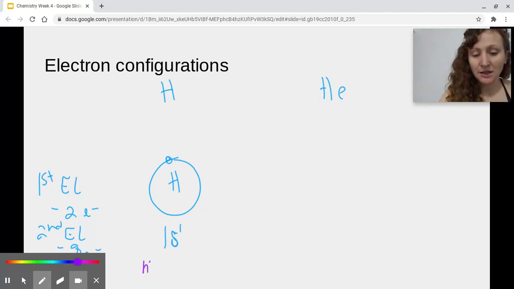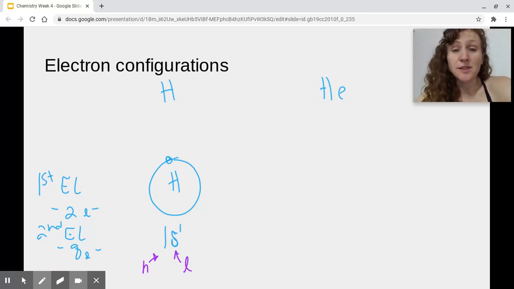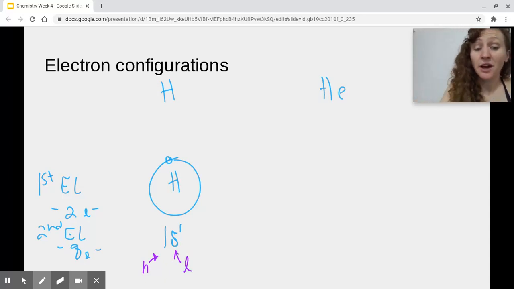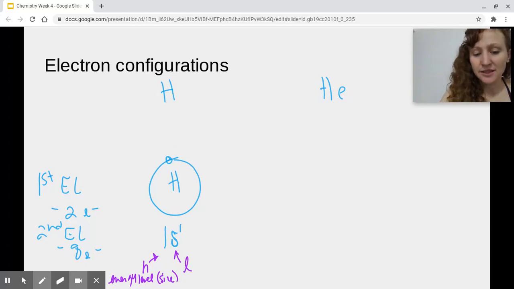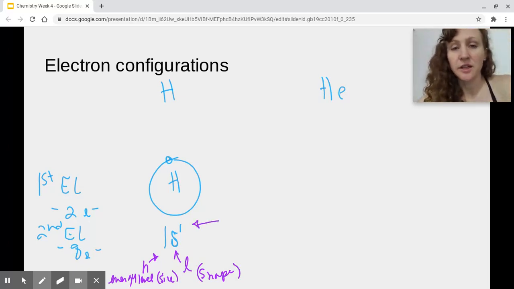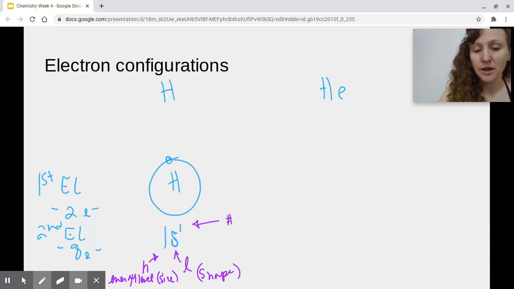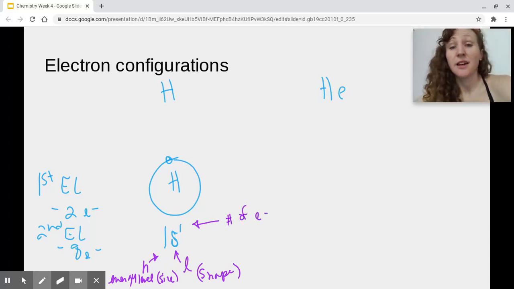Notice that my N is represented, my L is represented. The orbitals, or the orientation and the spin, are not represented. So again, that N is going to be the energy level, or the size, how big that orbital is going to be. L is going to be the shape of that orbital. And then we have to indicate one other thing in the electron configuration, and that's the number of electrons that are in that